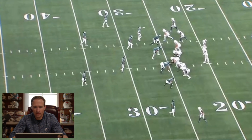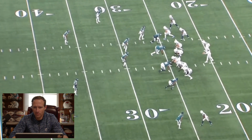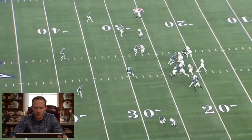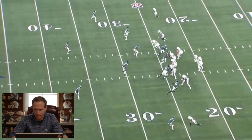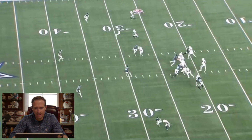All right, so Dallas starts with the ball here. Starting in this bunch formation, motion Brandon Cooks outside. So now they spread out into this 3-by-1, and they run this play that we used to call Leo. It's basically triple slant. Triple slant. So you see tight end,